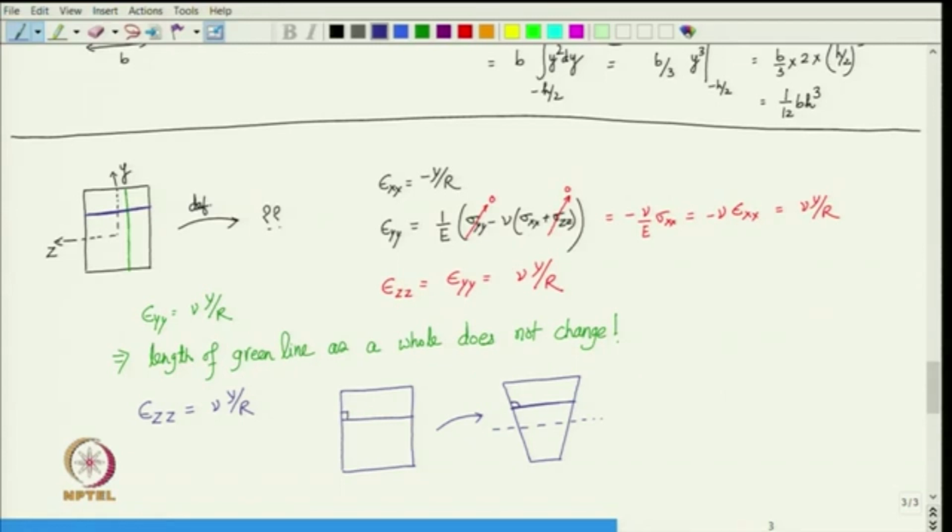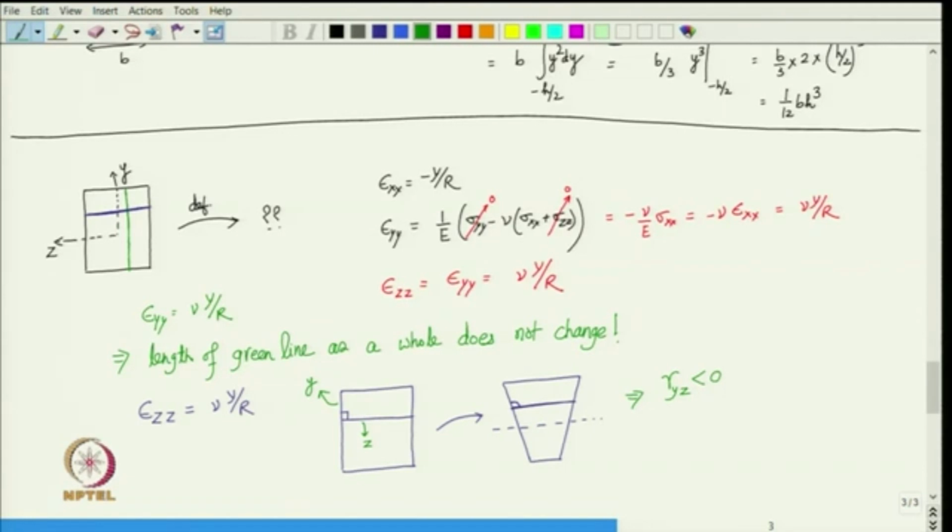So, there is a change in angle between these two lines. Now, what are these two lines? This is along y axis and this is along z axis. Whenever there is change in angle, it induces shear. So, this tells us that gamma y z is less than 0, right, because the angle has increased. So, gamma y z becomes negative,